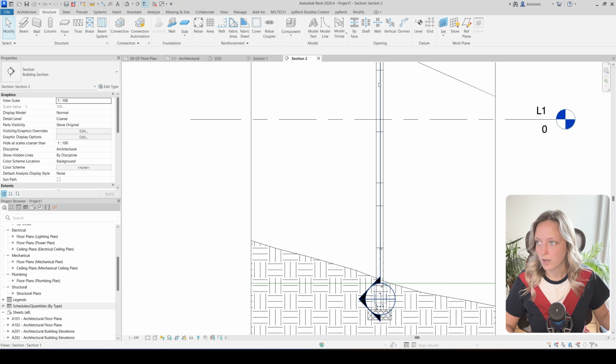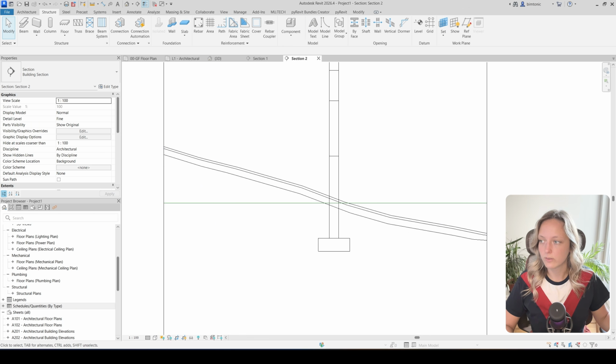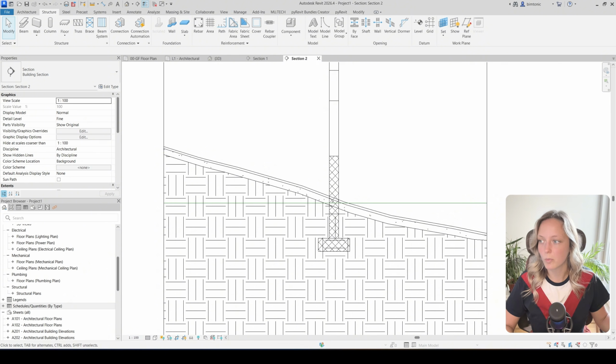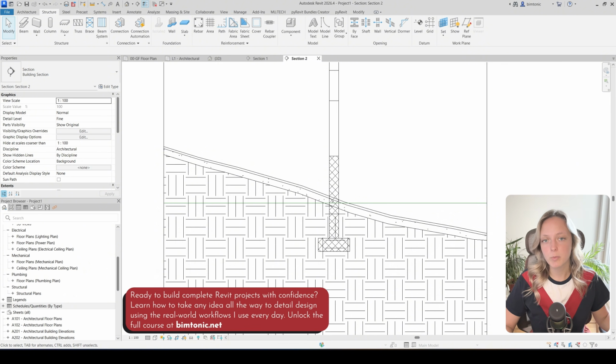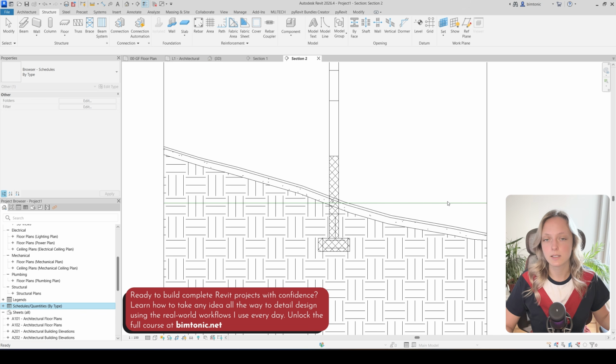I will just hide this existing section so it's not in the way, and I will make sure that the detail level is set to fine so I can see these textures properly. And this is what the footing and the wall look like now. And the problem here essentially is that it is not cutting the topography. So I will now create the schedule just so we can see real time how this topography is going to